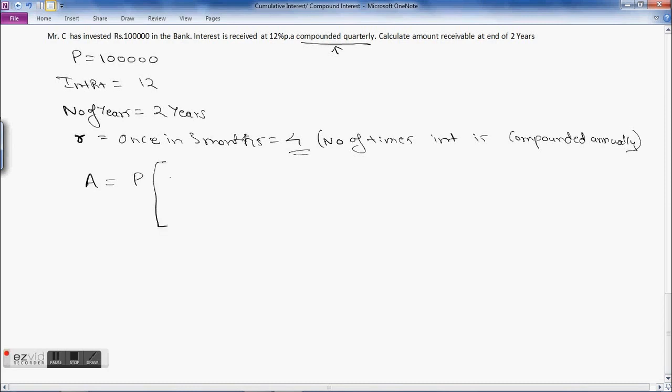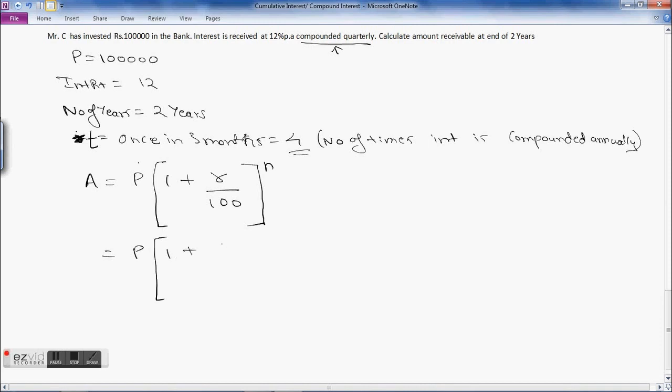P into 1 plus R upon 100, the whole raised to N. Since interest rate we are taking it as R, let's take the number of times the interest is compounded annually as small t, not R. We'll take it as T. Now when the interest is compounded more than once annually, the formula will be